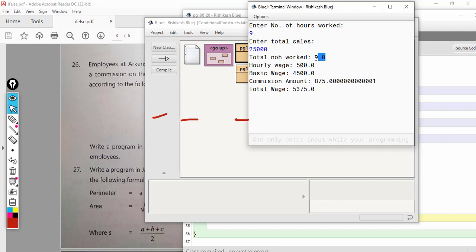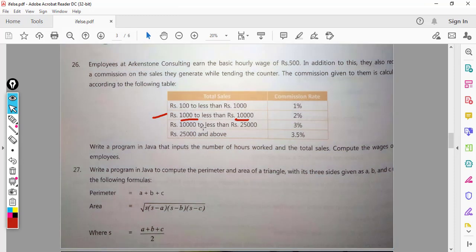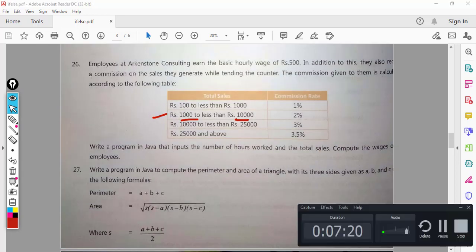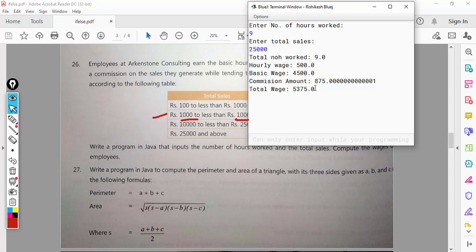So basic wage becomes 9 into 500, that is 4,500, and the commission amount becomes, for 25,000, that will fall within the last one, so 3.5% of the total sales, that will give you the commission amount, and finally the total wage is 5375.